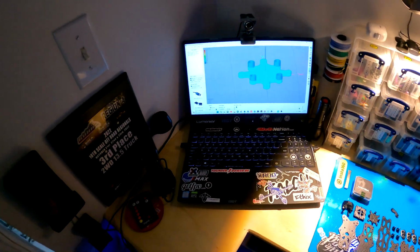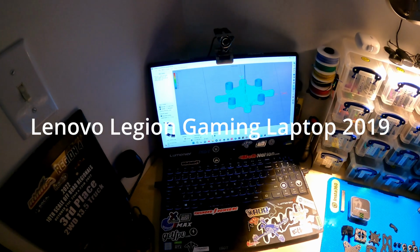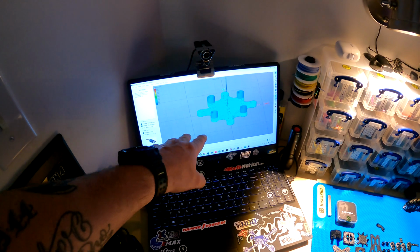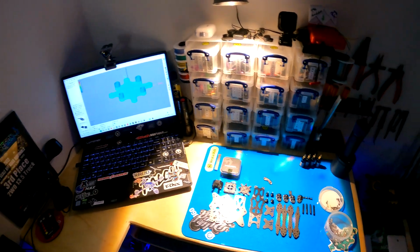Computer is a laptop, no big deal. Everybody has a laptop nowadays. Obviously, I do all my Tinkercad designing on here. This is one of the things I was designing. Moving on,